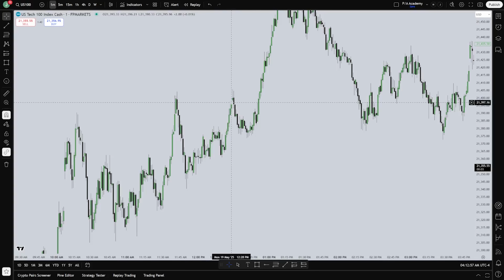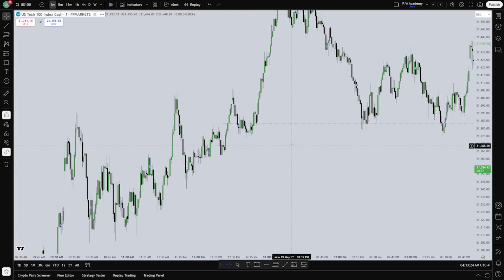Why wouldn't you take this one over this one? It's because this one is in such a premium of this leg. It's literally at the high, while this one is in a discount, so you take it at the discount. So you mark out a Fibonacci retracement, and this is the 50% mark. Below it, you want to take your trade in, so you can take it in the fair value up here